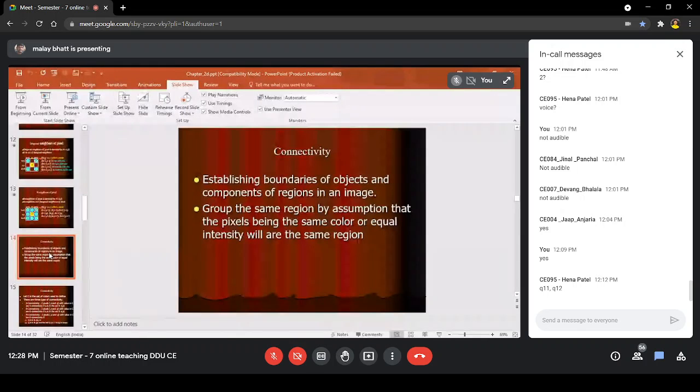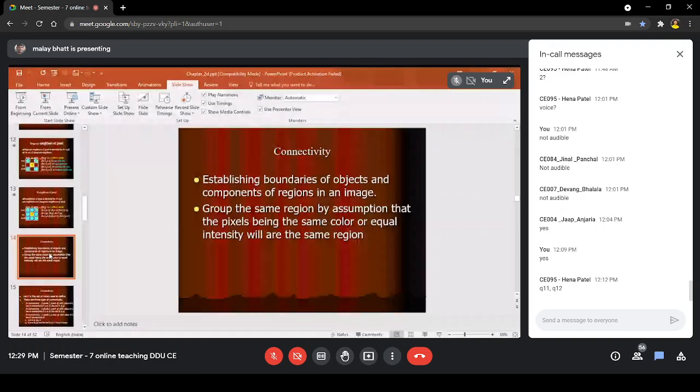We group the same region by assuming that pixels with the same color or equal intensity are in the same region. So if they have equal intensity by this neighborhood, it can be a 4 neighborhood, 8 neighborhood, or diagonal neighborhood, we can say that they form one region.